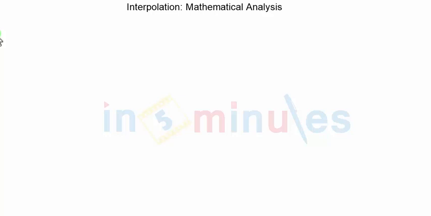In this video clip, we will discuss the mathematical analysis of interpolation. We will basically try to establish the relationship between the frequency spectrum of x of n and the frequency spectrum of y of n. Y of n is the output of interpolation. You will have to refer to the waveforms that we discussed in the previous video clip. In that clip, we had defined y of n as x of n by I.